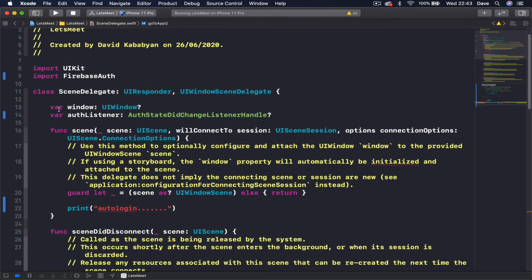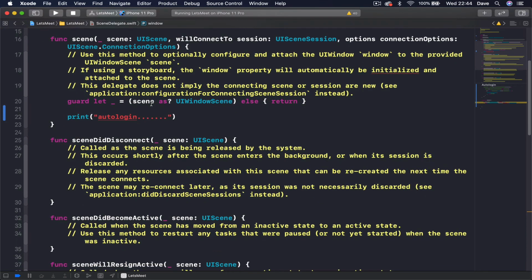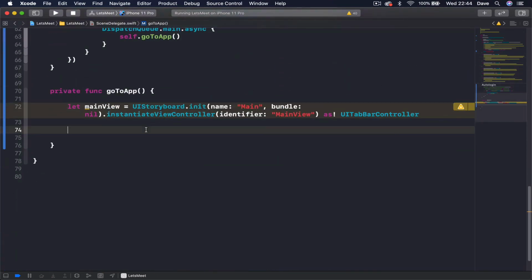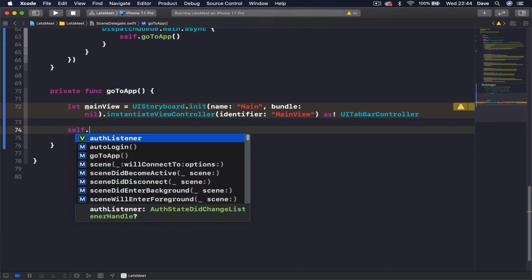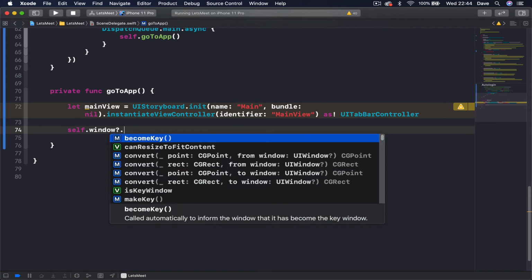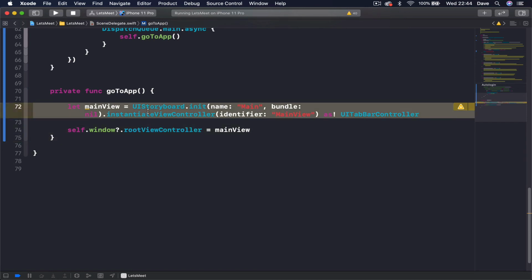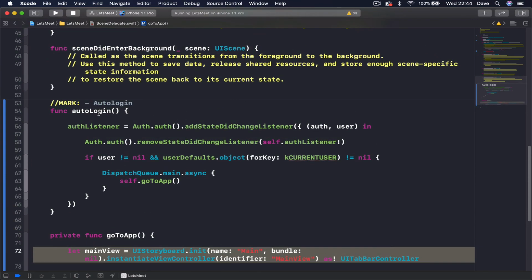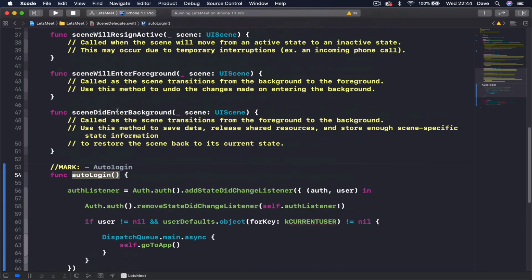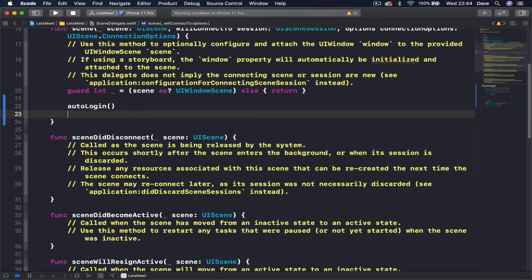If you scroll up, you can see that there is a variable called window, which is UIWindow. This is the first window that our application opens once we are initializing our application. So we can ask this window to set a root view controller to main view, and this will present our main view as the root view controller. Now to make the magic happen, we need to call this auto login, and this will be called instead of this printout. So we just say auto login,